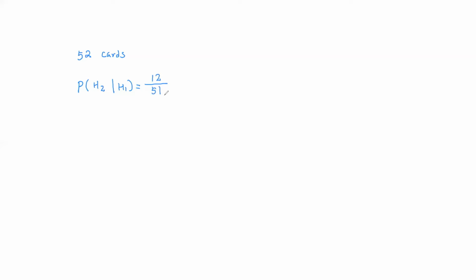So I want you to have some sense that if an event involves, say, 2 steps or several steps, if you know what happened in the first step, the probability of something happening in the second step is usually easier to find. You know the situation already, so it's easier to find. However, if I wanted to find the probability of H1 given H2, so you know the second card is a heart, what is the probability that the first card is a heart? Now that kind of probability is not that trivial, okay?